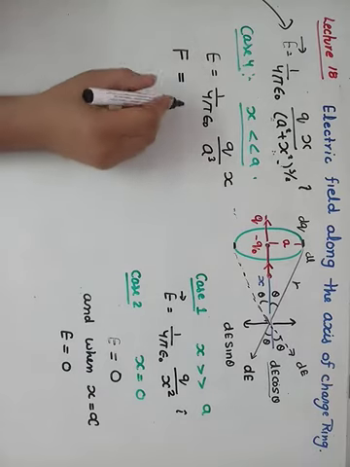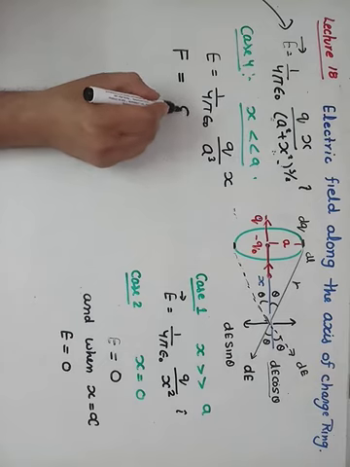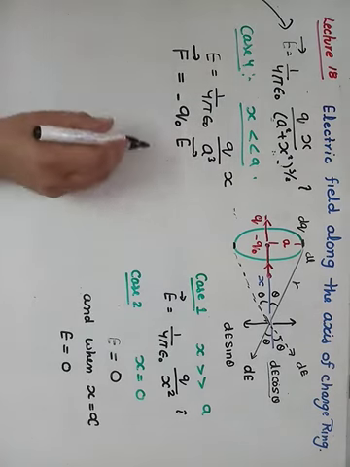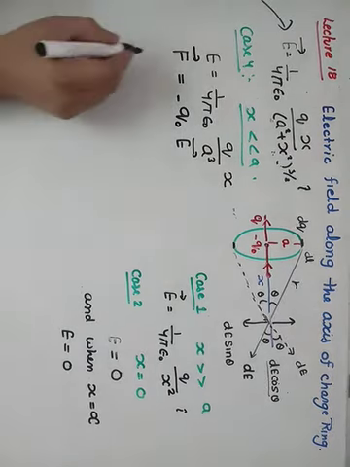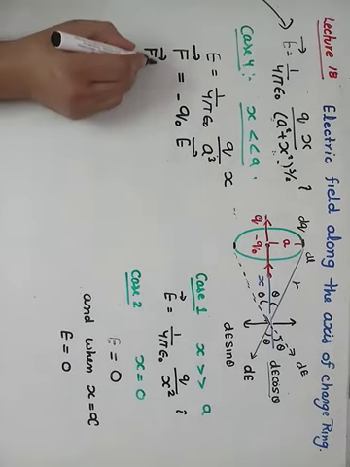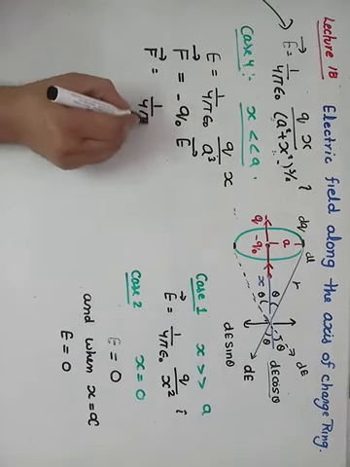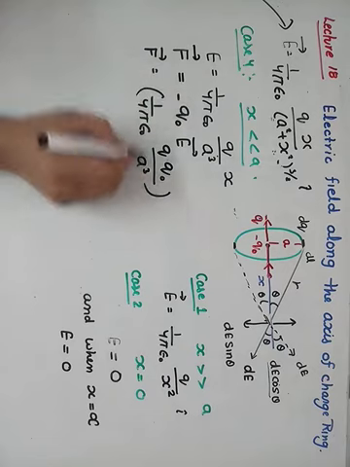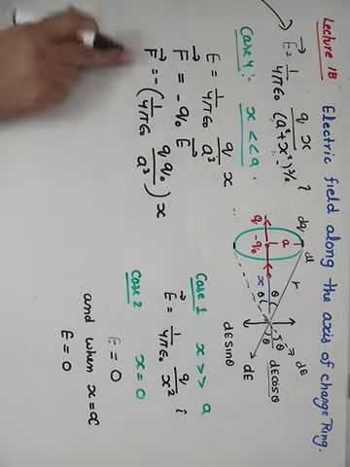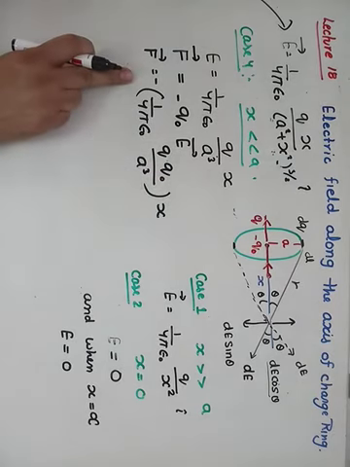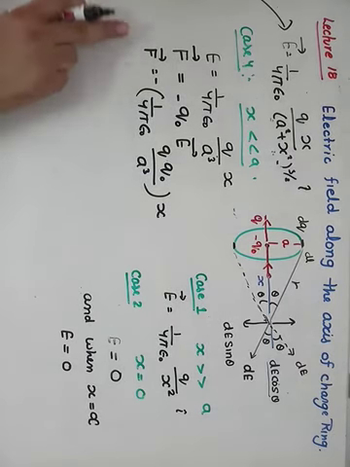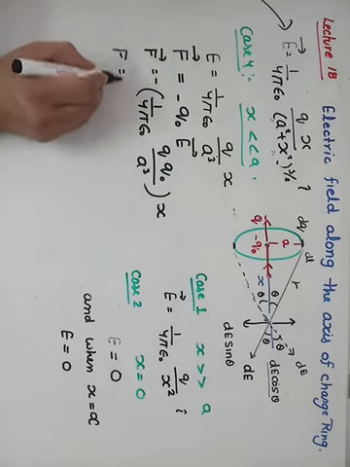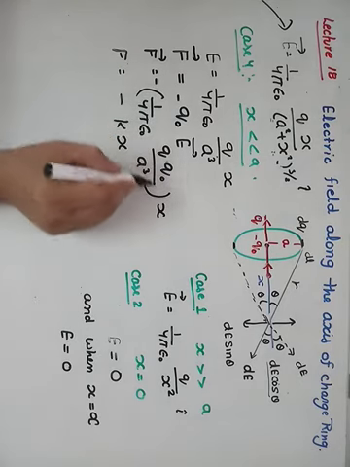Force acting on this negative charge: since it is a negative charge, the force will be opposite to the electric field, minus sign here. F is q naught E, but for a negative charge the direction is opposite, therefore we put negative here. We put the value of E, and we get F equals to 1 upon 4 pi epsilon naught, q into q naught upon a cube, minus x. Since force is directly proportional to x in the opposite direction, we can say that it executes SHM. Since it follows the equation F equals to minus kx, this whole portion will be k.